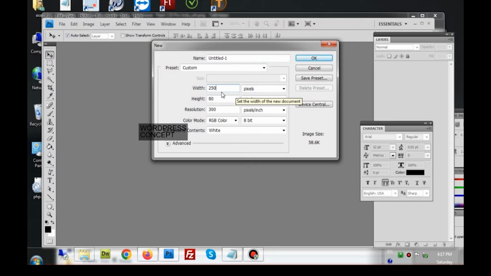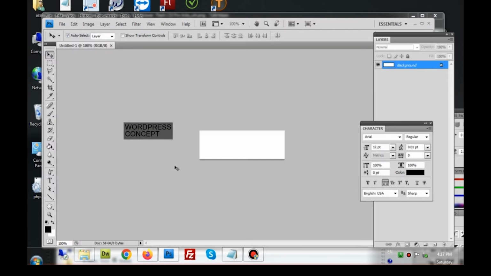We are using 250 pixels width and 80 pixels height. If I click OK, it will give me this working area where we have this white background. This is the background image of the logo, sorry.